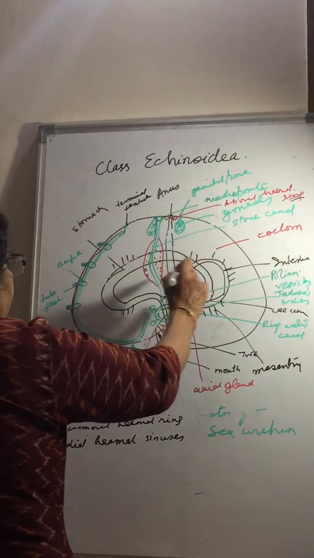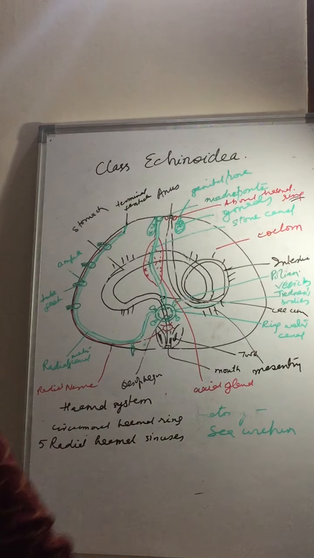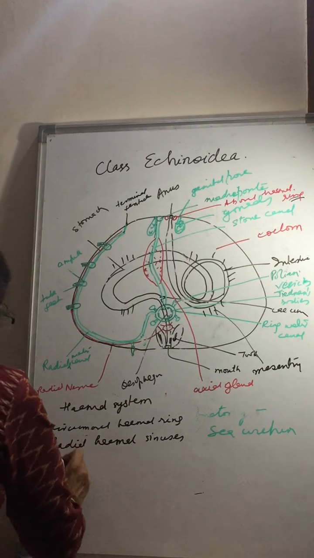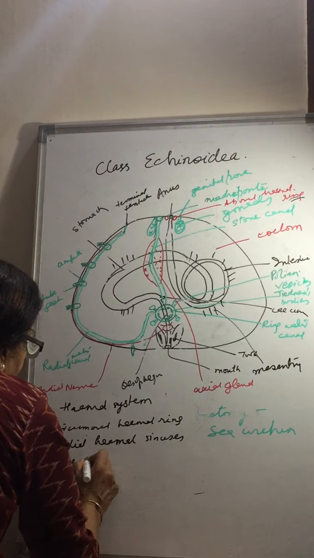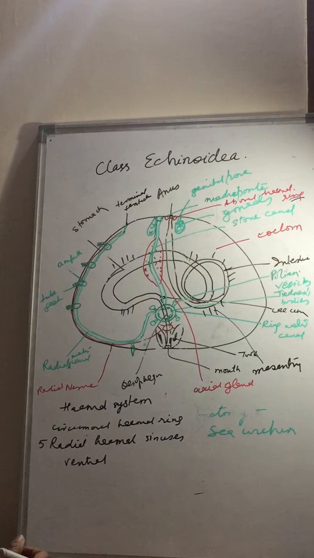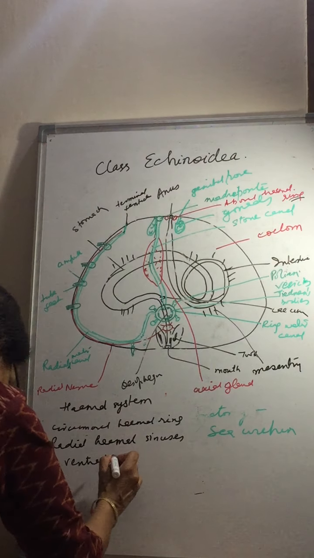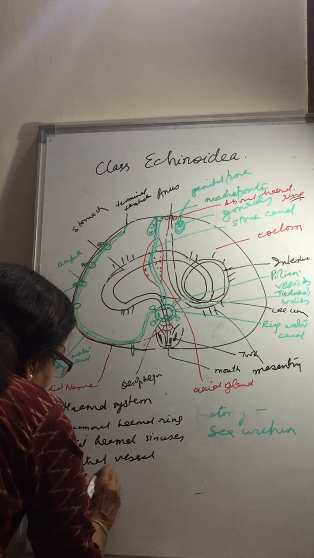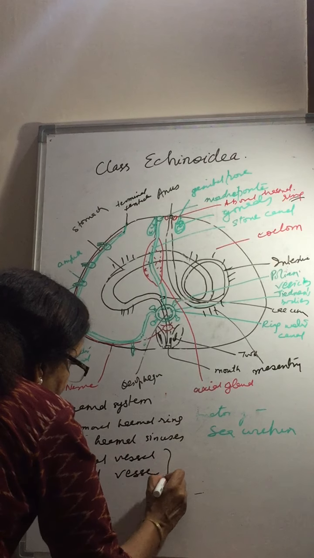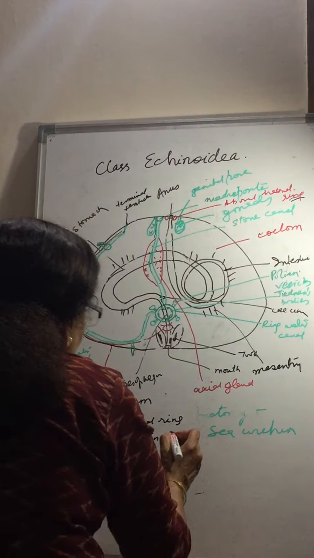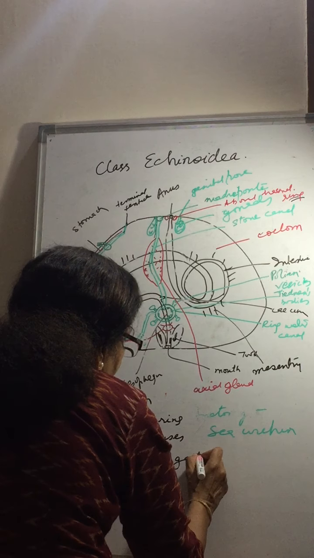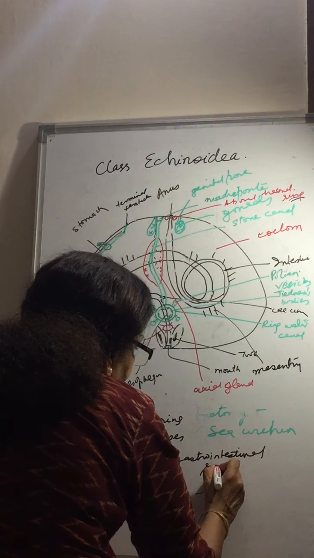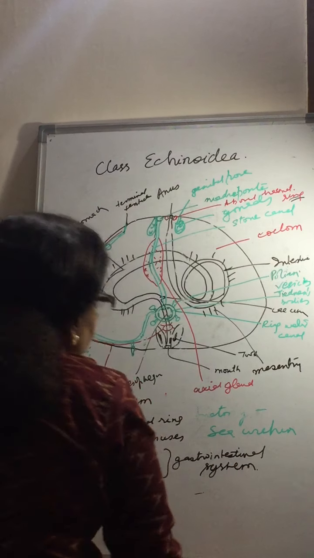Now in the gastrointestinal system, there run two marginal channels. These are also hemal channels in a way. One is the ventral vessel, and there is a dorsal vessel. This surrounds the gastrointestinal system.